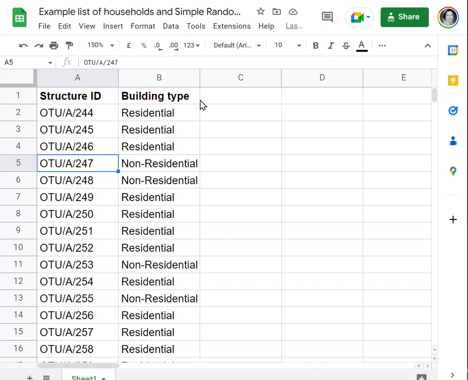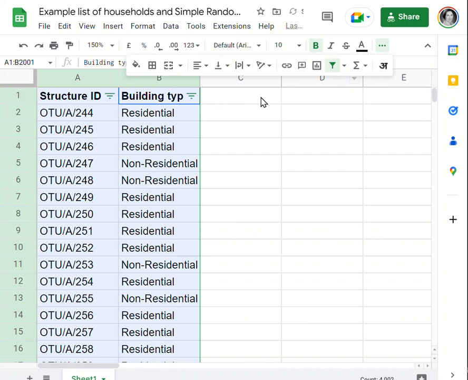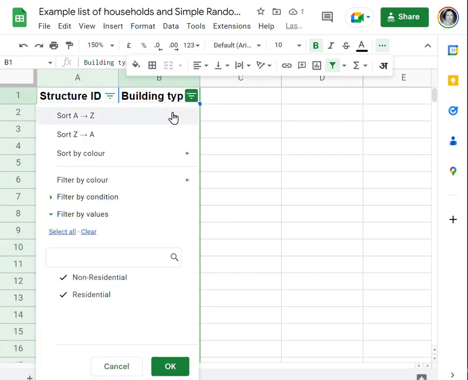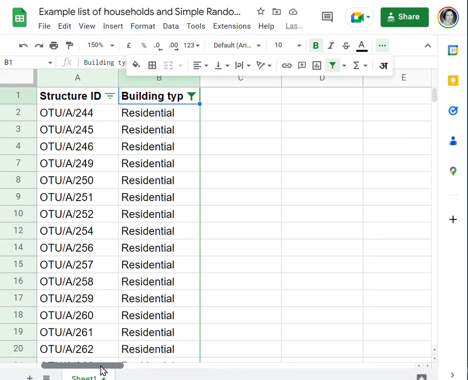The first thing we're going to do is exclude the non-residential buildings. To do this, I'm going to filter, and we'll just sort out the ones that are non-residential. So what we're left with are only the residential households, or rather residential buildings. Now we're going to create something called a random number, which is going to help to